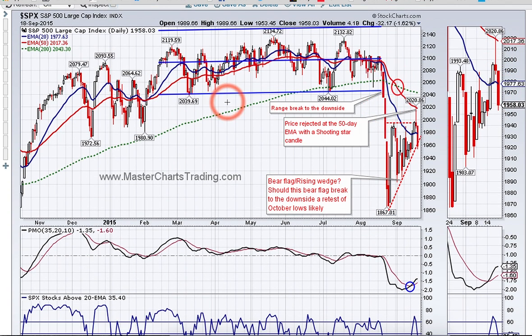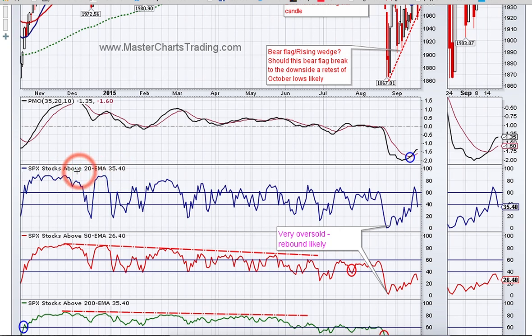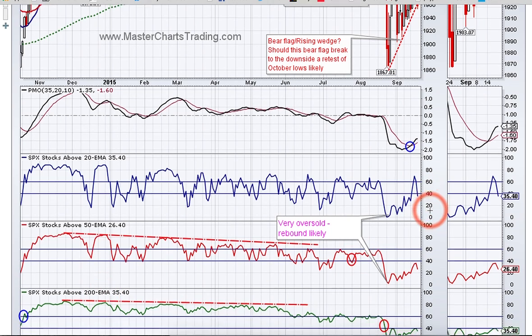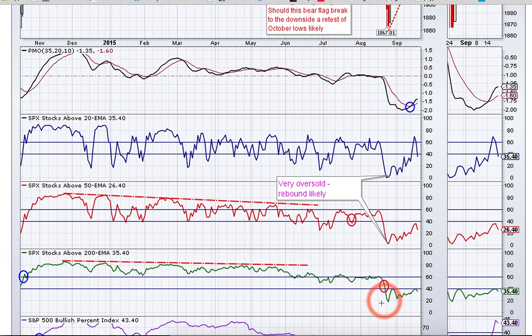For now, the biggest feature of this chart is, of course, this major breakdown. Notice this was basically 3 days worth of selling, maybe 4 days, but this decline was just very steep. So at this point here, in late August, following this decline, we had the percentage of stocks above the 20-day, 50-day and 200-day exponential moving average basically at zero. There were no stocks above the 20-day or the 50-day, and very few were above the 200-day.